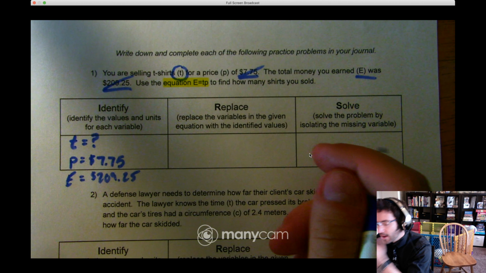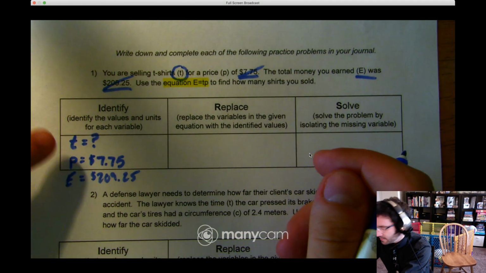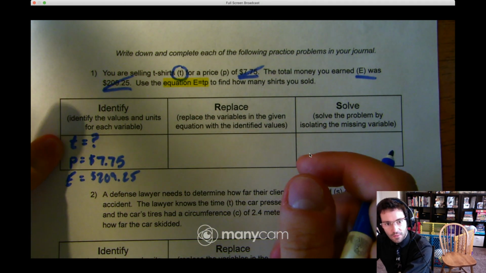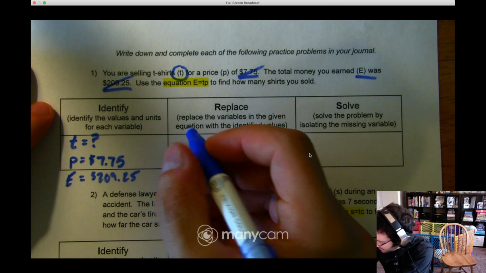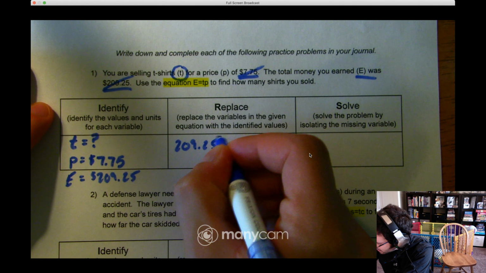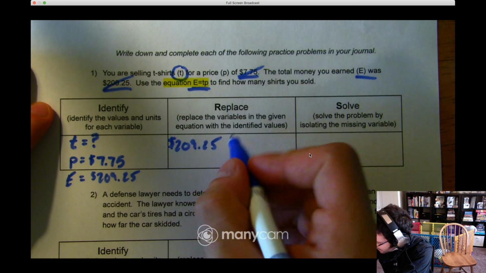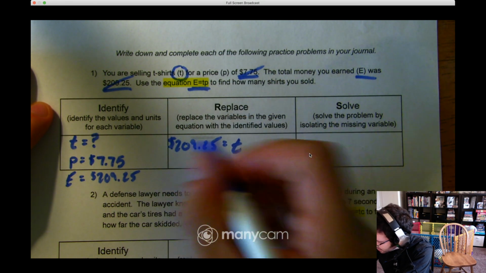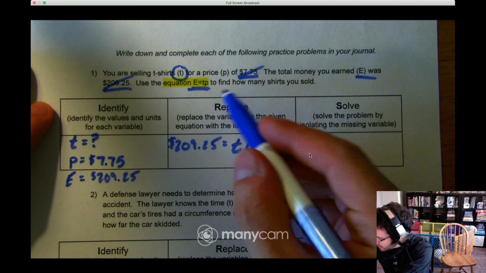$209.25. Okay, so now I have all the values. And as long as I only have one variable I don't know, I can solve the problem. Okay, so now E equals TP. So I know E is $209.25. So I'm just using this equation to fill this in. It is equal to T. I don't know that, so I have to leave it as a variable, times the price,